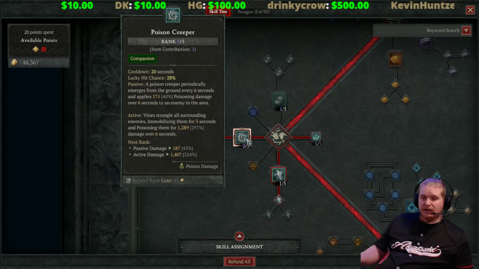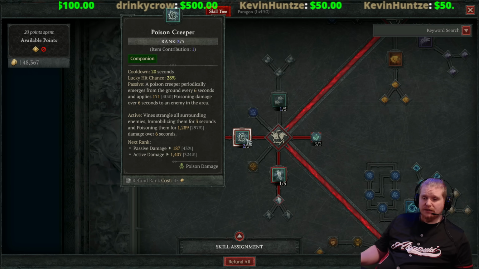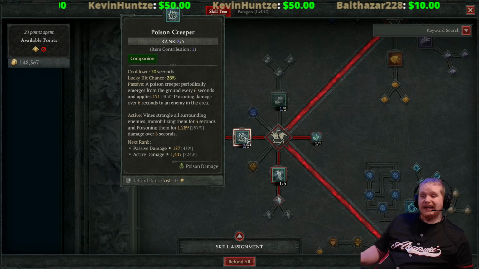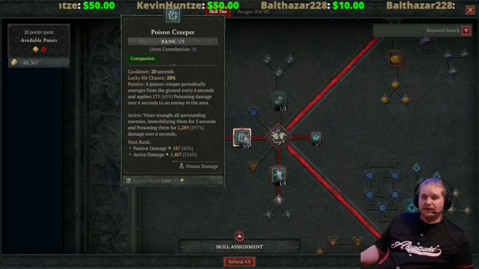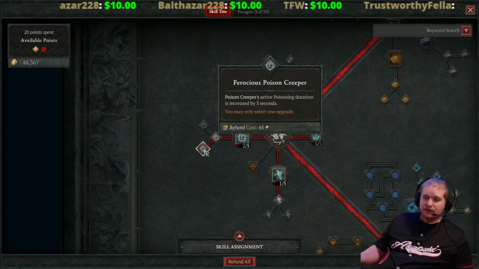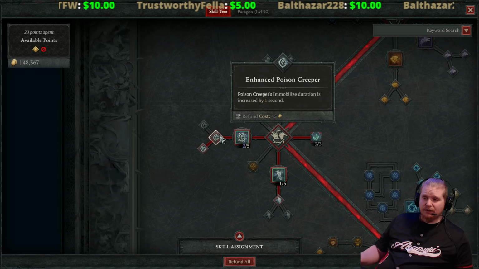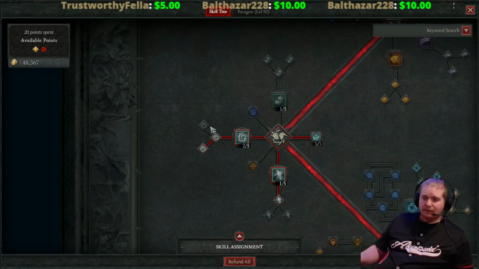So Poison Creeper does a modicum amount of poison damage or passive damage to all targets nearby, but it also does a pretty massive amount of poison damage when you activate it. Now, it doesn't last that long when you activate it. It's only 3 seconds, and you can beef that up by a couple extra seconds with the poisoning duration here, the Ferocious Poison Creeper. You can also grab the immobilized duration increase of 1 second, but there's also another one